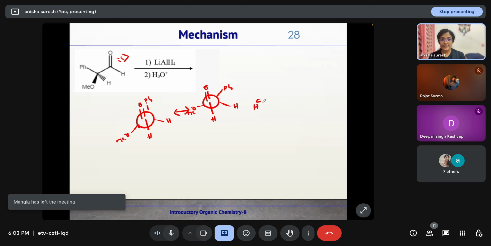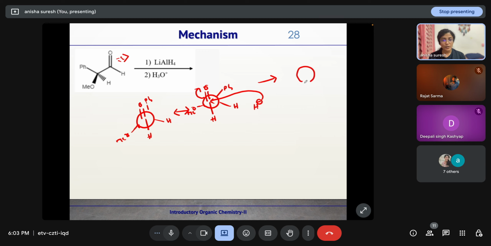So H minus, it can come and attack from this direction, leading to primary alcohol. OH, OMe, Ph,